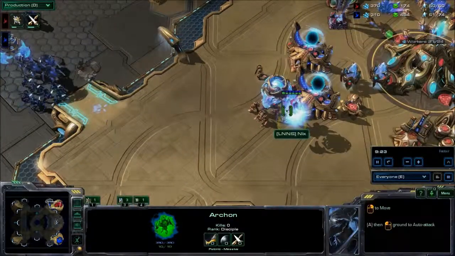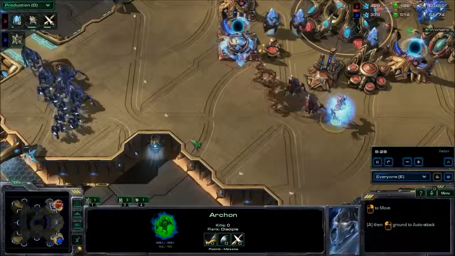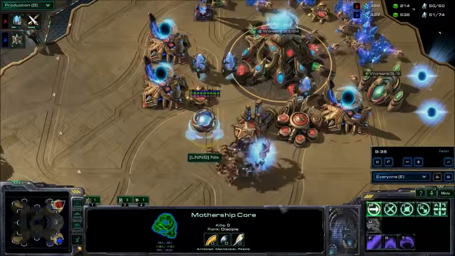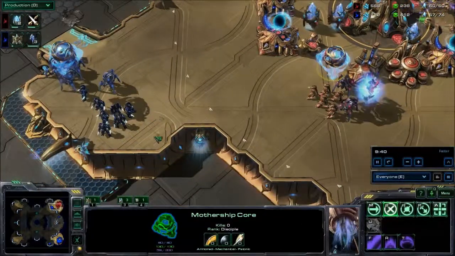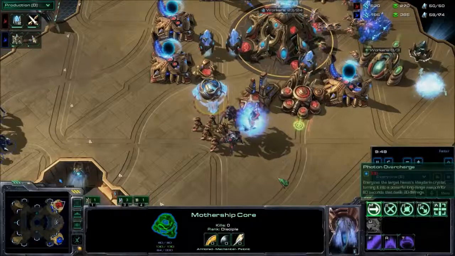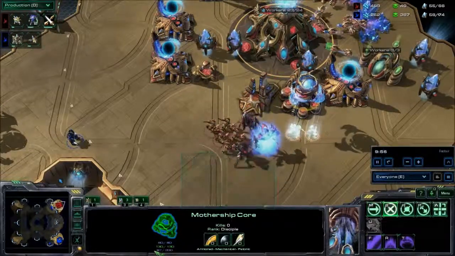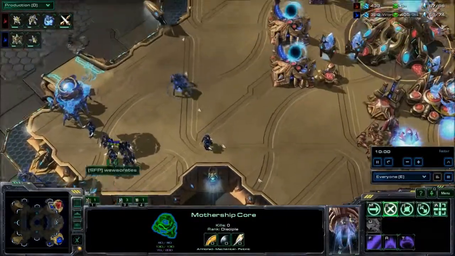But there's an Archon. We'll let Archon get the better. If we do Photon... Oh, it did the Photon Overcharge on the base, so if these units come close, they will get attacked. I think he should have waited to react on that, because now he has to wait until he has another 100 energy. Mothership Core currently has 67 energy, and